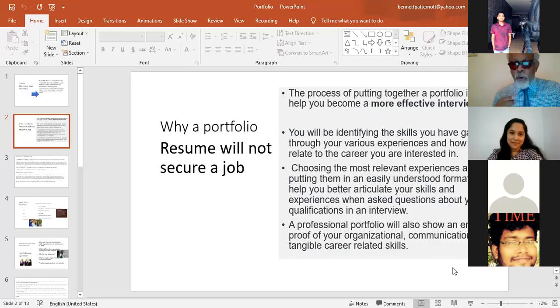So therefore you find a portfolio would help. Most of the time, if you go to LinkedIn, most of these professionals have their profile, their portfolio in a way. It is not written, but it is in their personal profile. You can see them, the very critical aspects of their career successes. It will help you when you go for the interview or a competition. You have a ready reckoner